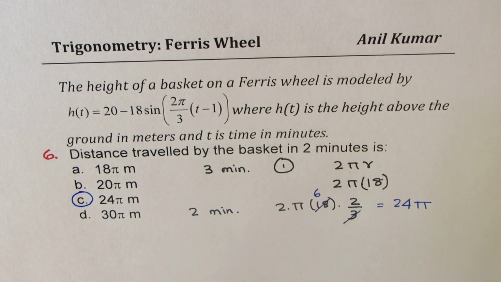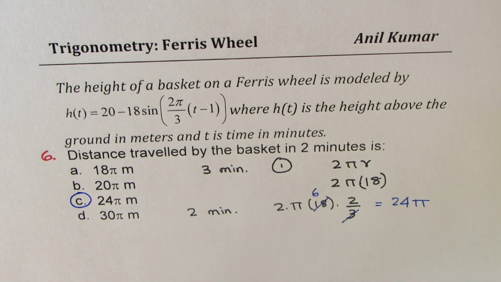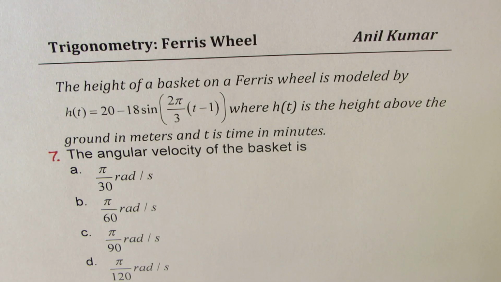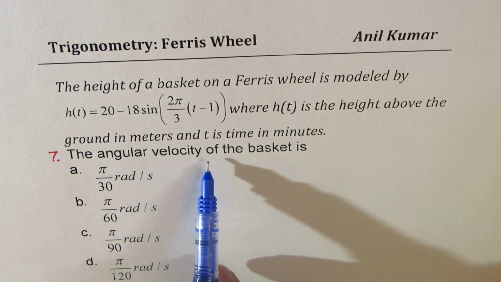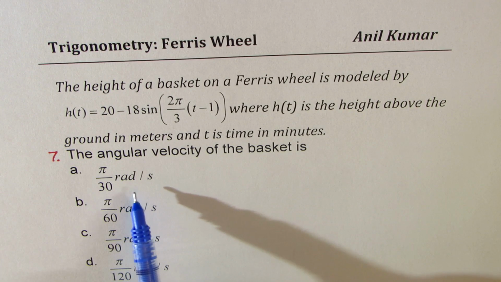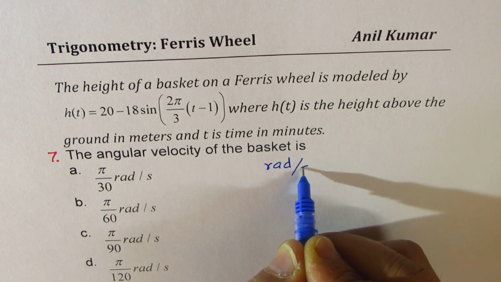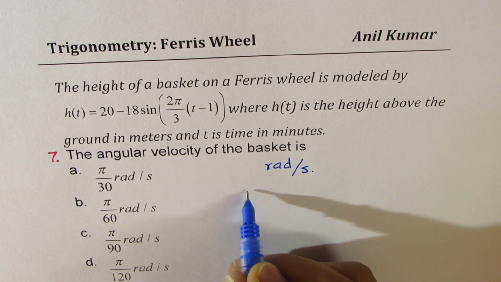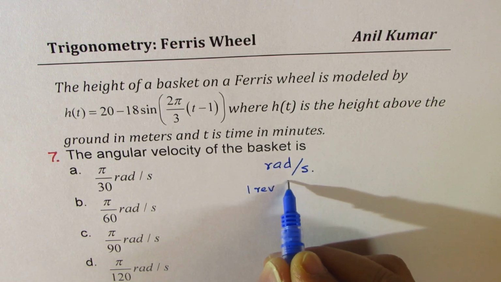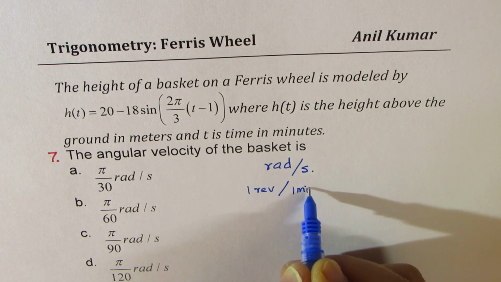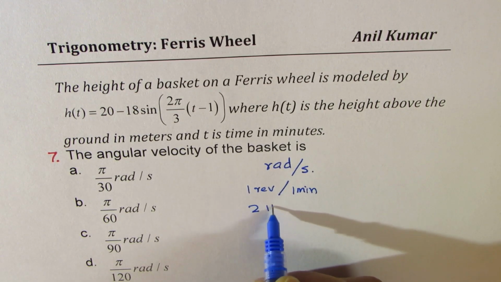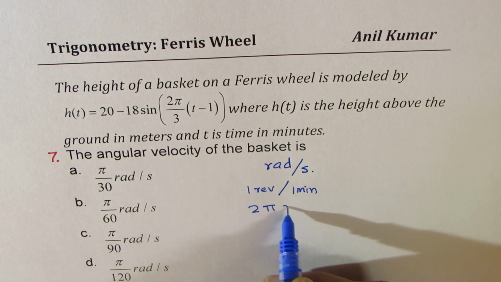I hope you find it very simple how to solve this question without a calculator. Right? Now we are at the end of the question. We have to find the angular velocity of the basket. Angular velocity is in radians per second, and we know it is 1 revolution. 1 revolution means 2 pi, correct? So it is 2 pi radians